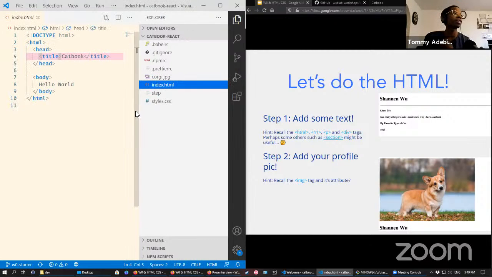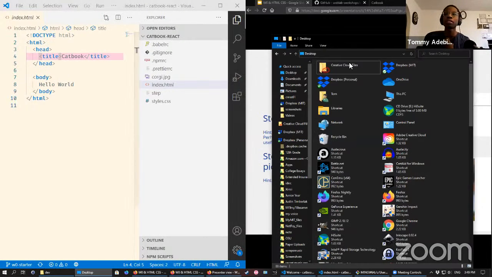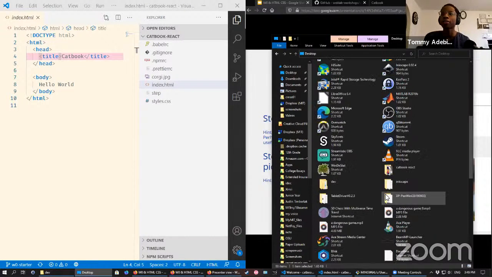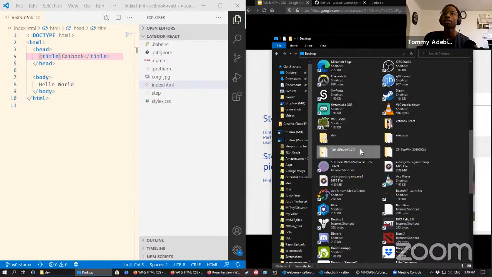If dragging index.html into your browser didn't work, you can also just navigate to your folder in the Catbook React folder, and